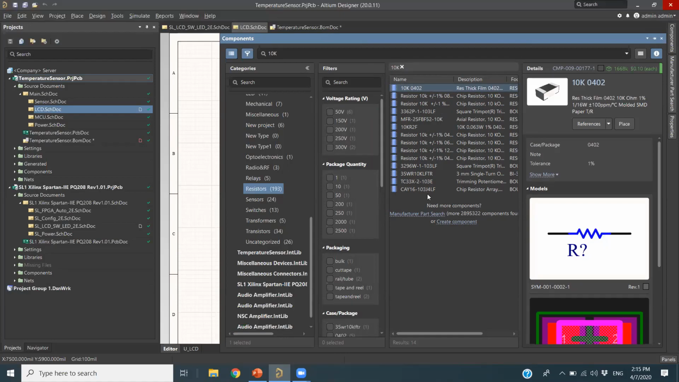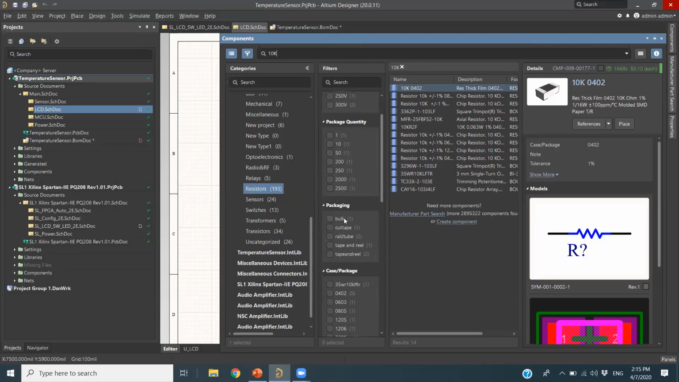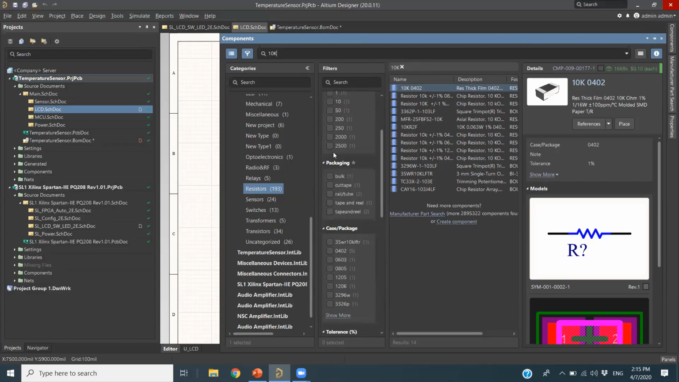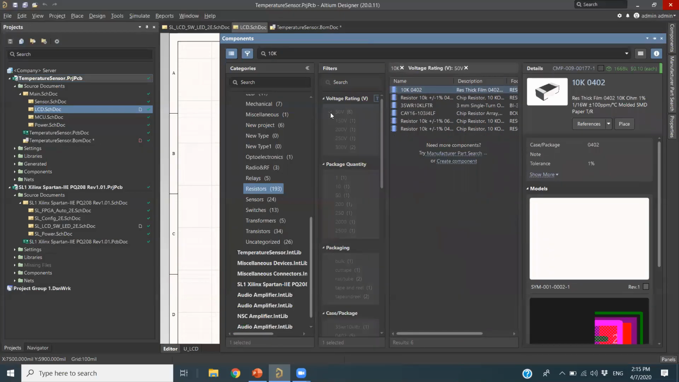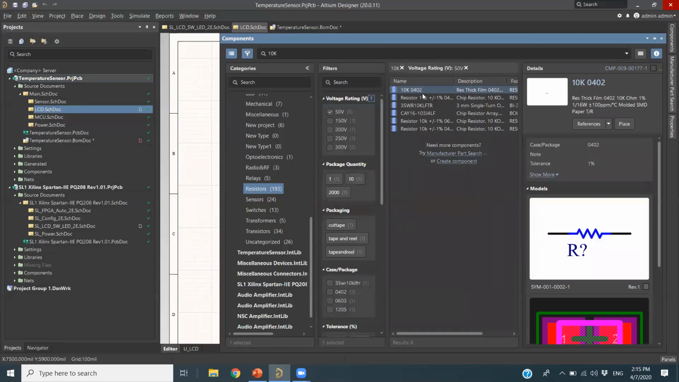Still, if you want to filter this component by some other values like voltage rating or package or case, you can also filter it. For example, I want to filter this with respect to 50 volt. You can just check the box here and you will see the filter here. Now at the last you can see at 50 volt I have the 10K resistor,